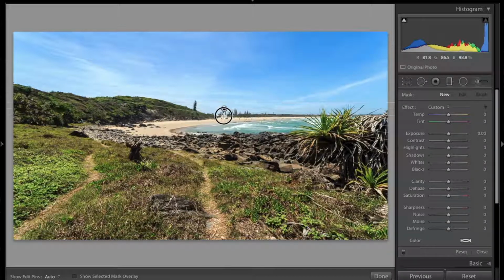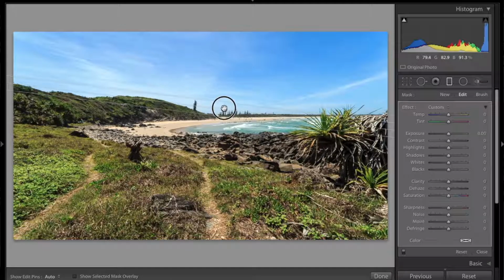Now with this one, I don't actually want it to go up and down too much, so I'm going to angle it a little. I'm going to make it a bit softer. So if I hover over there, you can see where the effect is actually happening. And if I press the O key on the keyboard, that selects to show the selected mask, and it will permanently stay shown while we just adjust to where it's going to go. Now I'm quite happy with where that is, so I'll hit O on the keyboard,